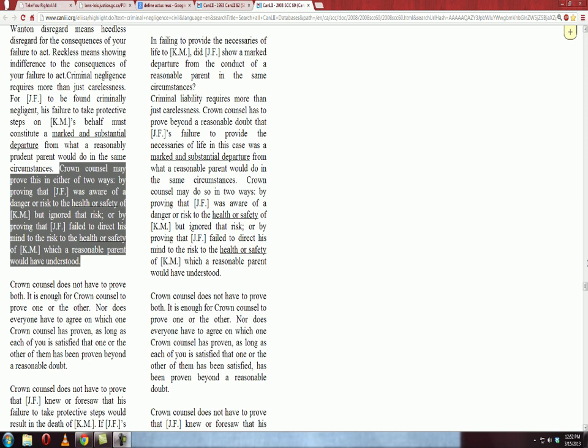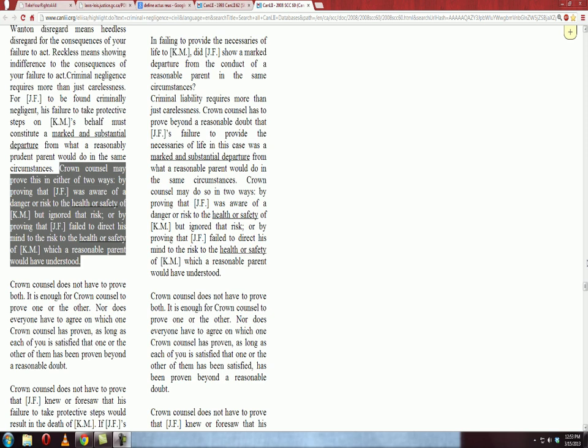So again, that has to do with the parent aspect of things, but if you take JF and KM and plug in other variables, be it WorkSafe New Brunswick or some other company or some other person, then you can use that to determine what would have to be proved in a case against WorkSafe New Brunswick